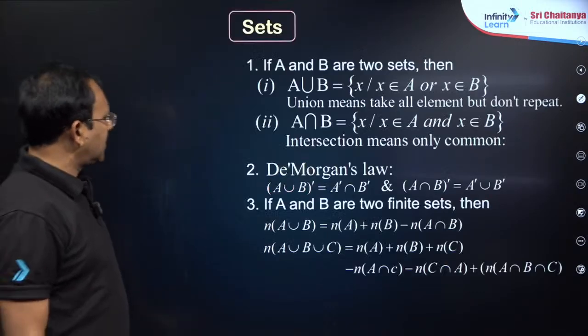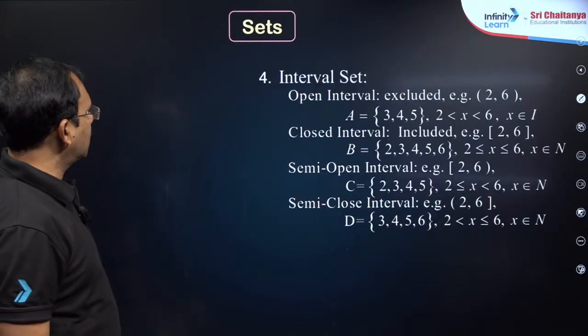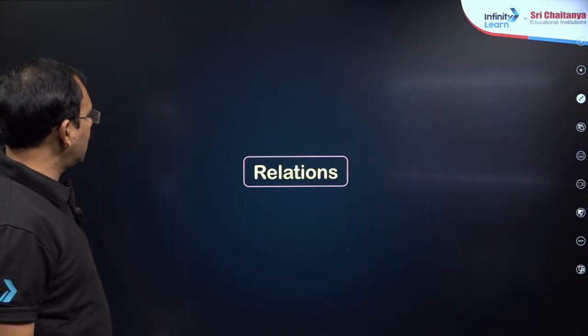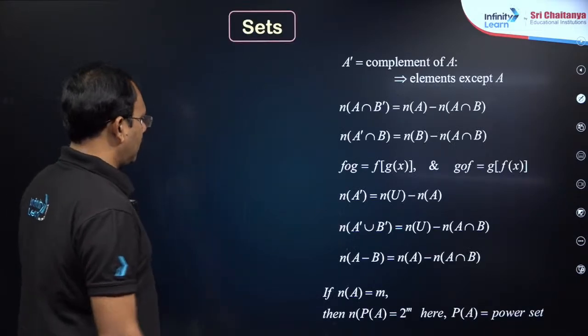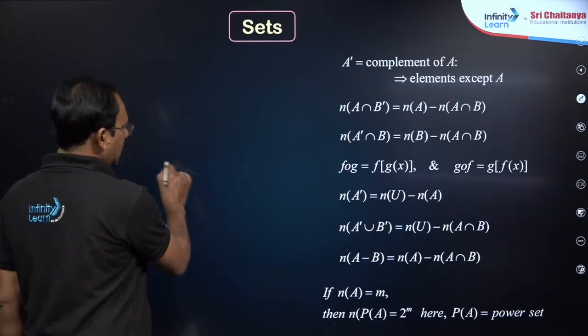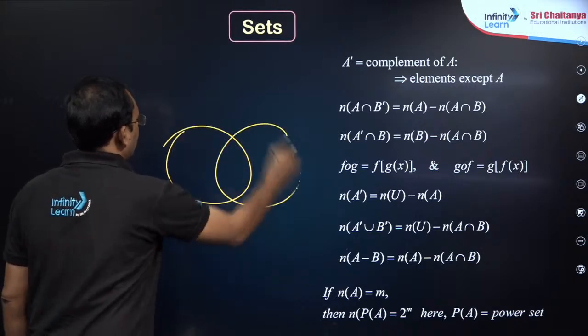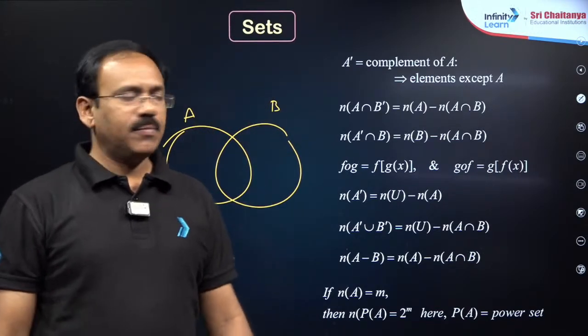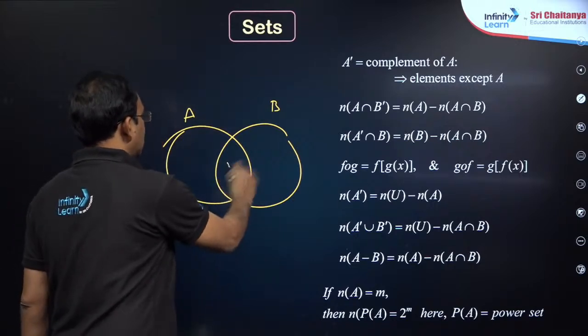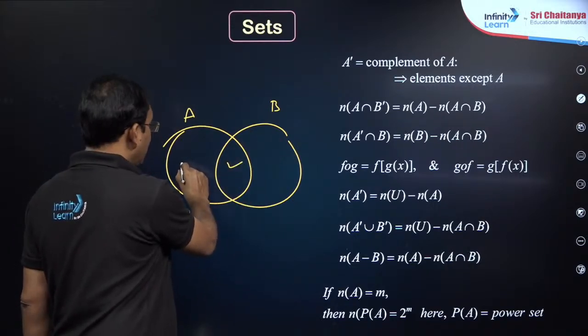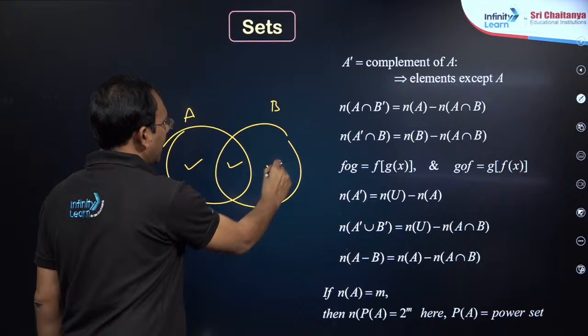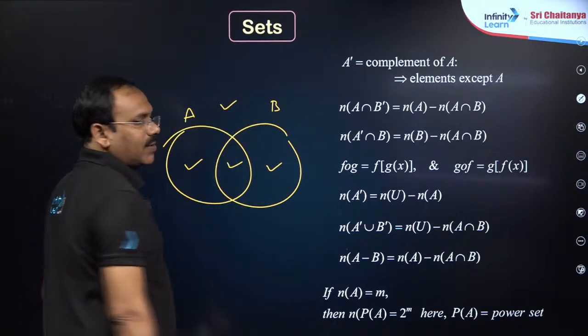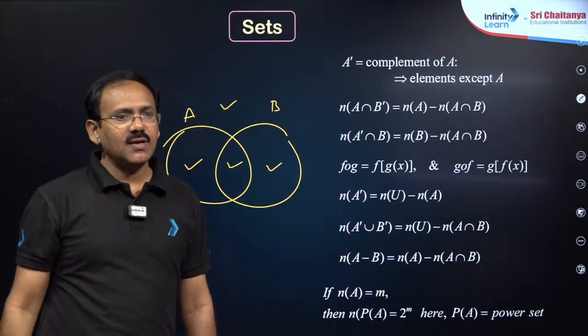Set theory, these are very routine questions only, and most importantly in set theory, n of A union B is important and the Venn diagram approach is important, most important, which is helpful especially in probability. This is n of A intersection B, A and B bar, B and A bar, intersection B bar, and n of A union B is